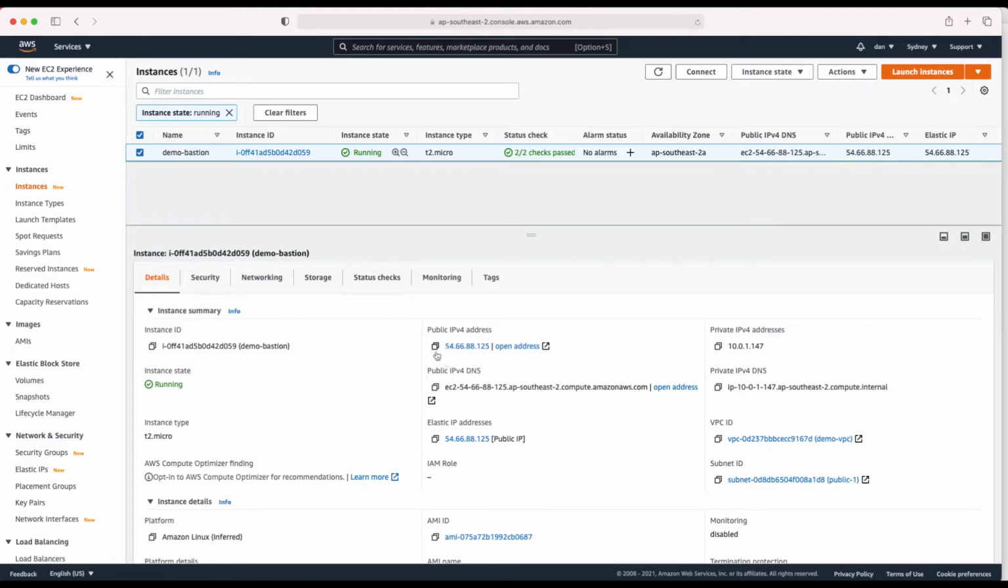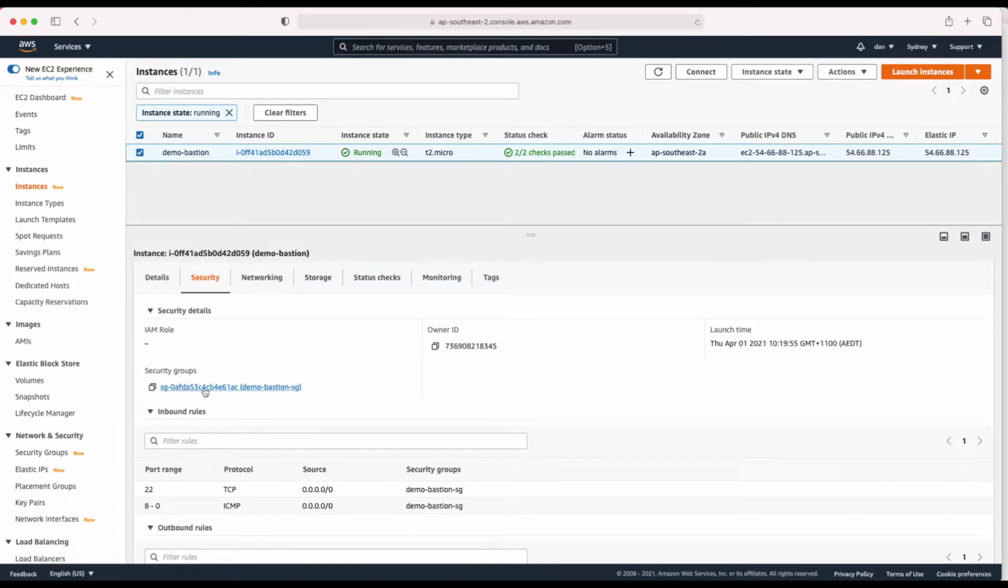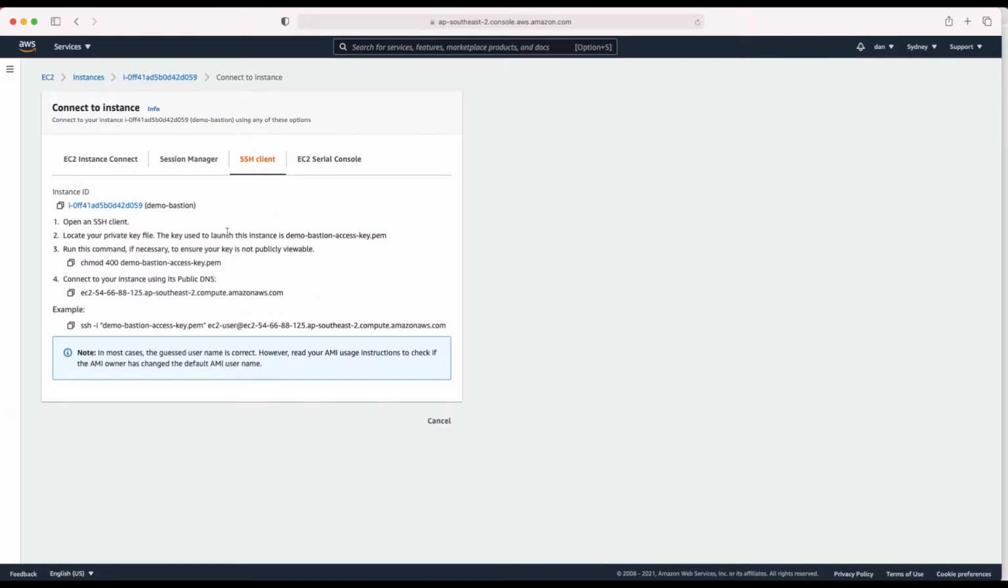Let me check. Yes, it has a public IP associated with it, so that means I can access it from my laptop. Let me see the security group. The security group connected to it has an inbound rule to access via port 22 for the whole internet, so I can access it. Let me just check it. I'll click